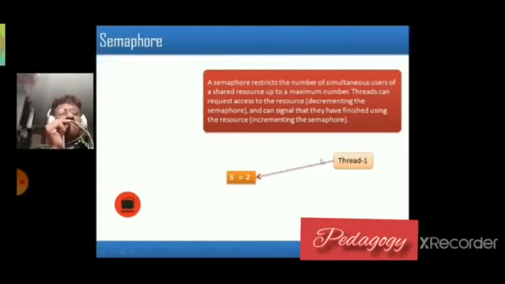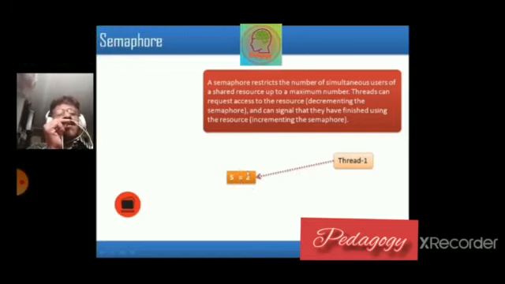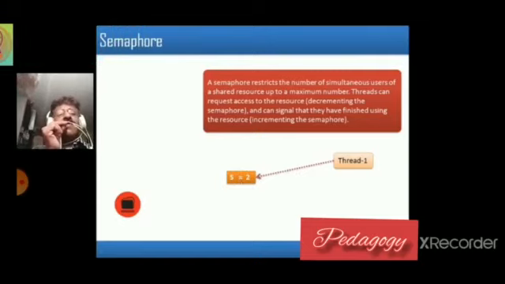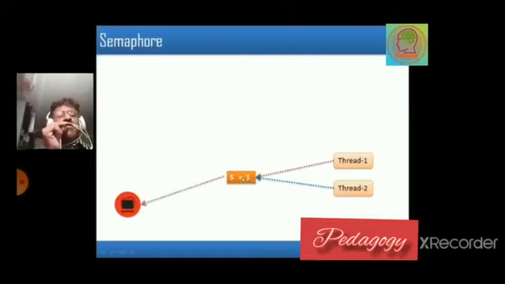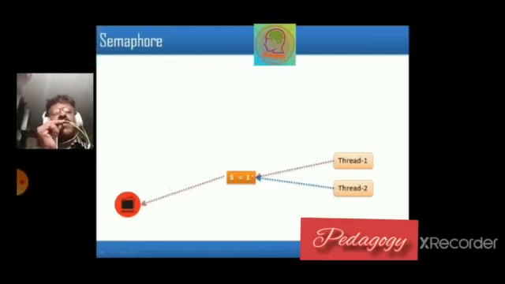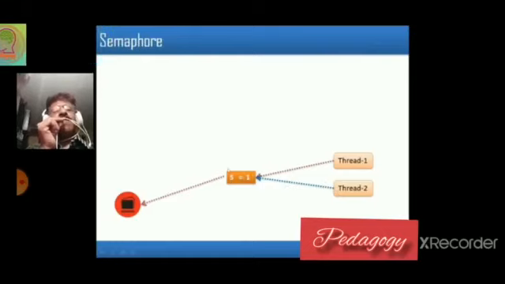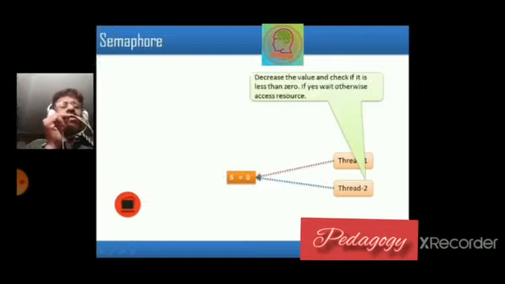So, what will happen? In semaphore, S is an integer, and the value of this integer can be changed from 2 to 1. So, this is the basic difference between semaphore and mutex. So, we can say that the mutex is always